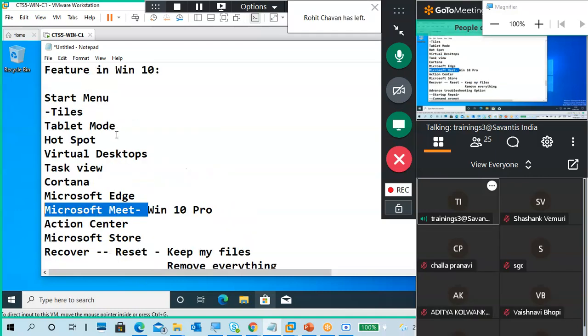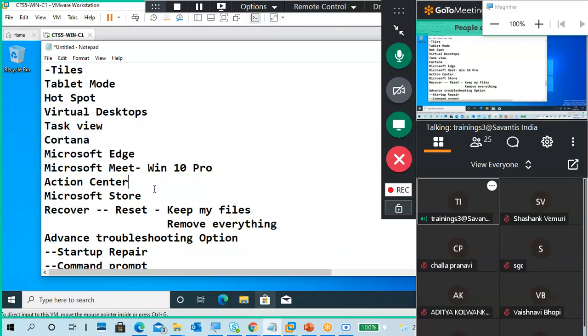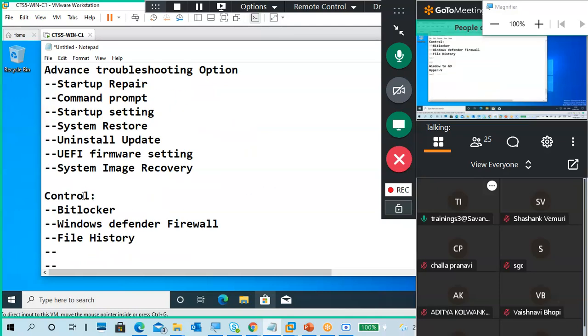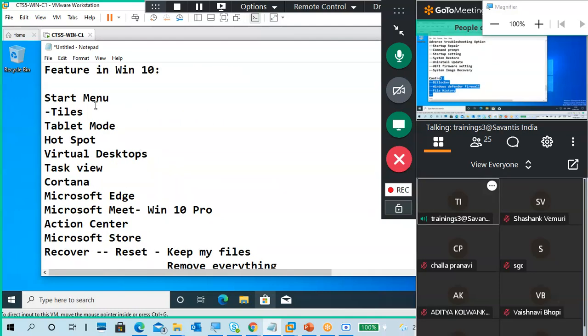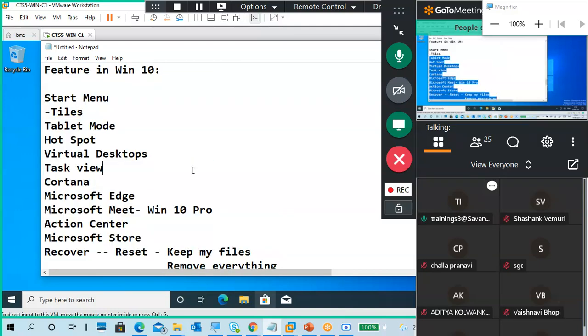If you have a doubt in Meet, then ask Sudeshna madam in the next class. How many people don't understand these features? Not this, this. Not understand, or maybe not get the point. Please tell me.